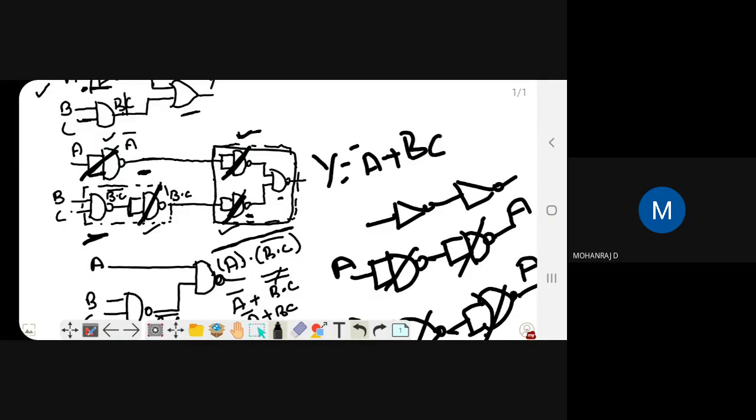I have cancelled both the NOT gate functions and I am going to redraw the same.